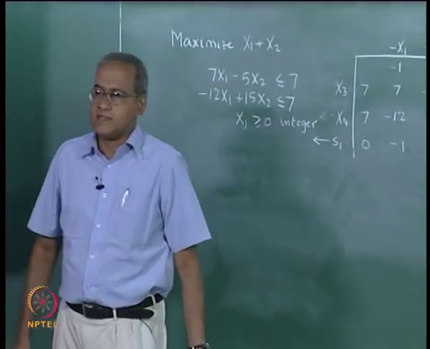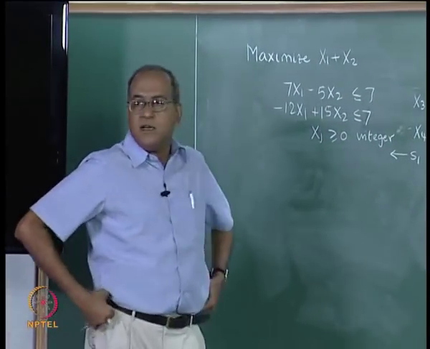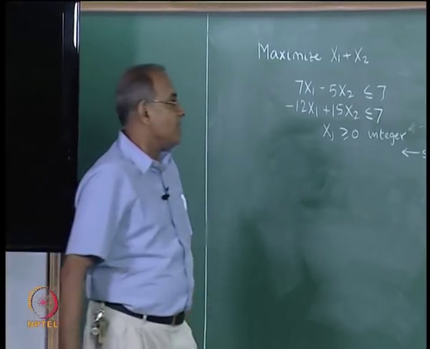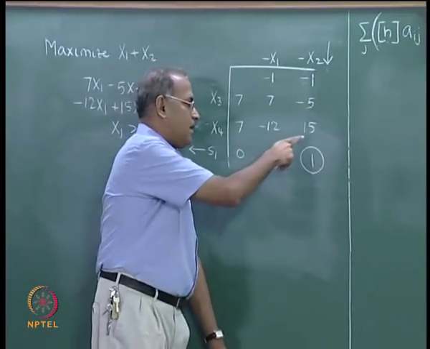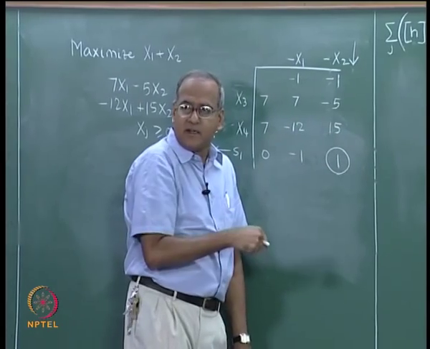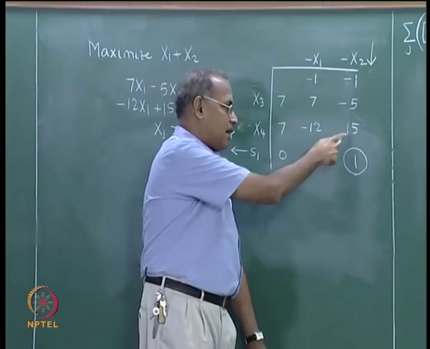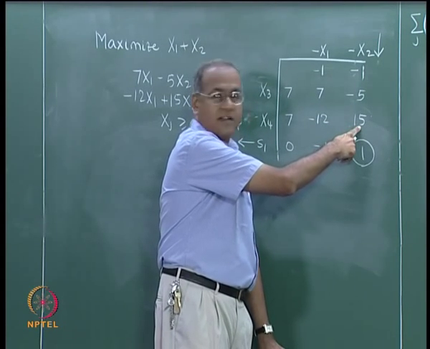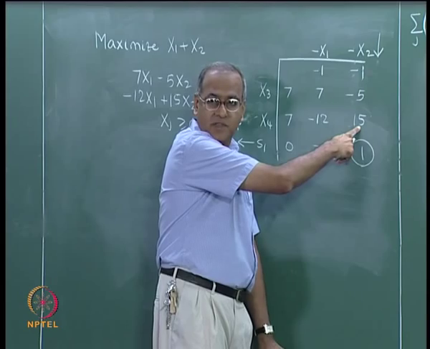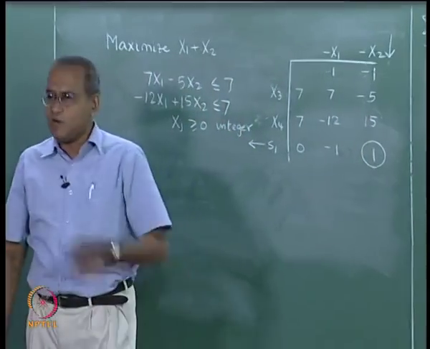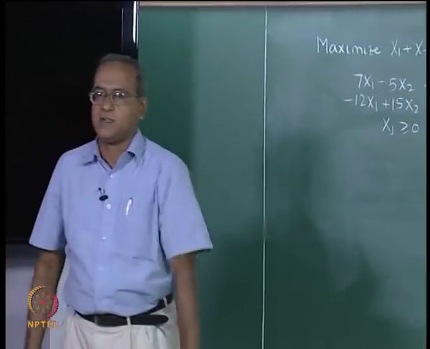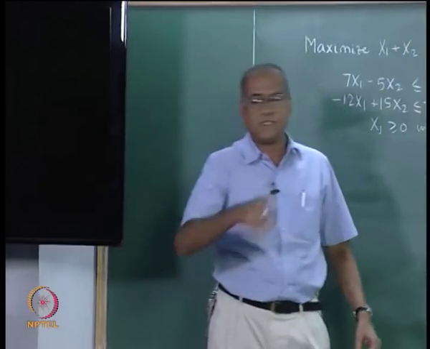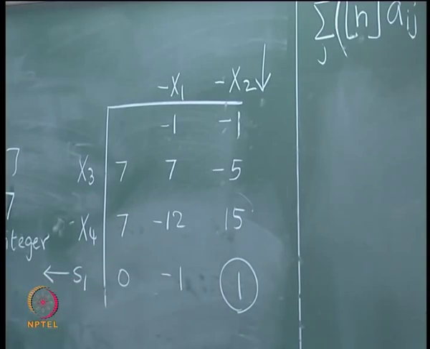All that is needed in this case is that the pivot element is a +1. That will definitely be ensured, because we take this number and divide it. As I said, this number cannot be 0 because it is a pivot here. It cannot be negative, it has to be a strictly positive number, and there are only two cases: it can be 1, or it can be greater than 1. Greater than 1 will give you h equal to 1 by this number. If it is equal to 1, do not create a cut, simply do an iteration, then proceed.